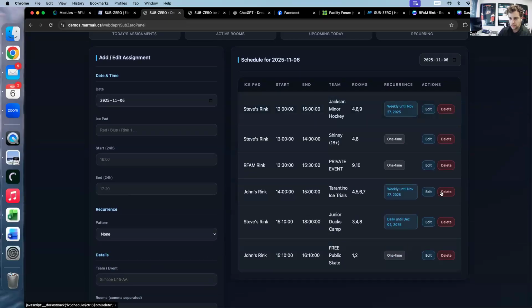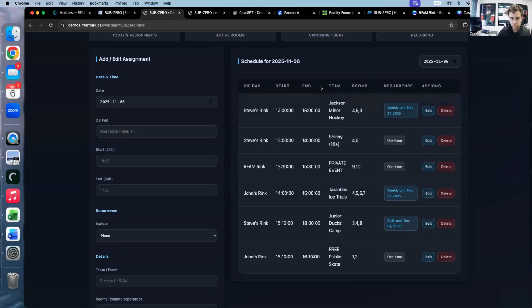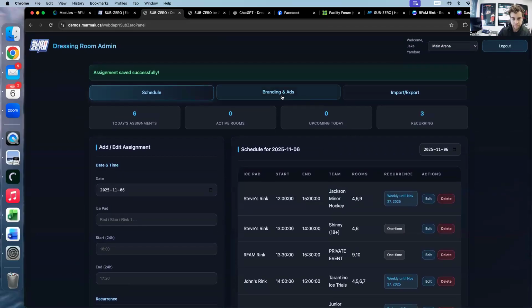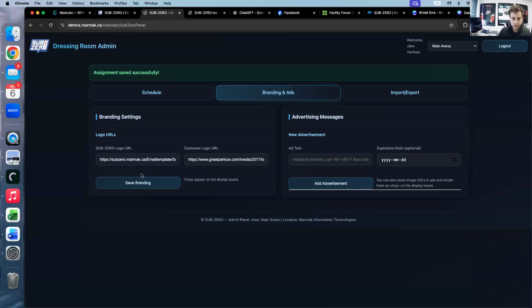And here's all of your events. You can edit, delete them, see when they're reoccurring, when they're done. You can see tomorrow's schedule, future schedules. We've made the ability to add your own custom logo and to add all of your different advertising or